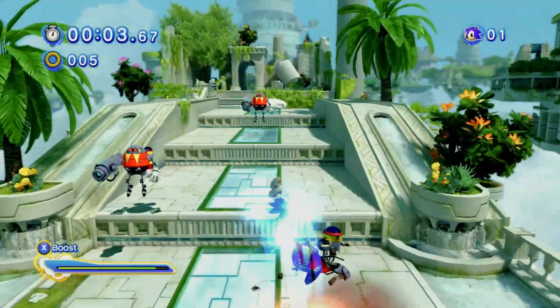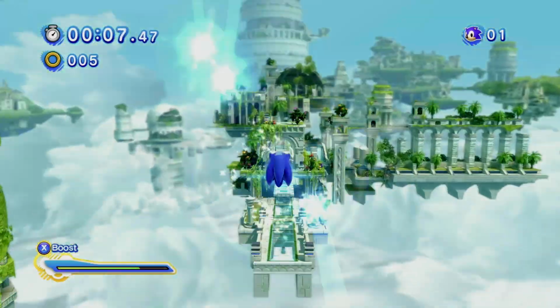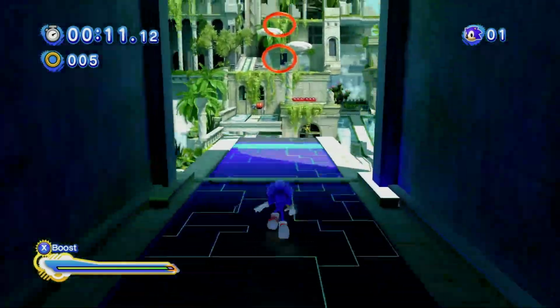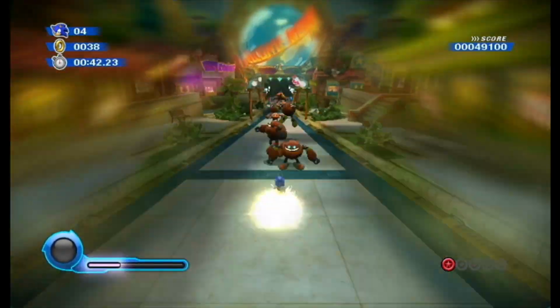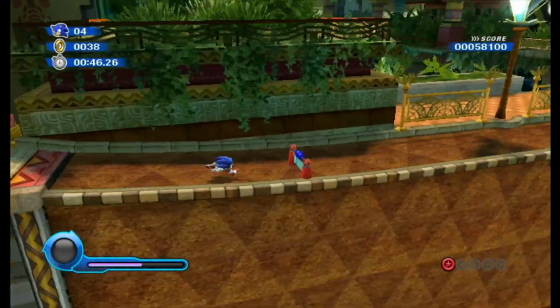Because of how much faster these stages tend to be, it's important to give the player a small break every now and then to catch their breath, so that they aren't going full blast for the entire stage and risk being overwhelmed. There's a greater emphasis on staying on the fastest path while beating enemies and collecting rings to get the best time, since those factors are what usually allow you to maintain your boost gauge and contribute to your